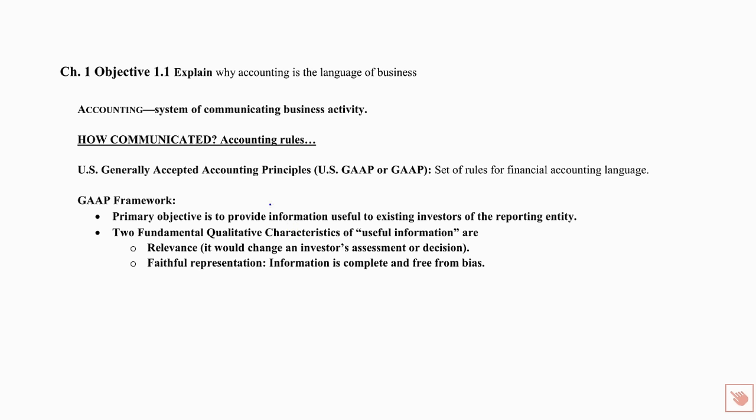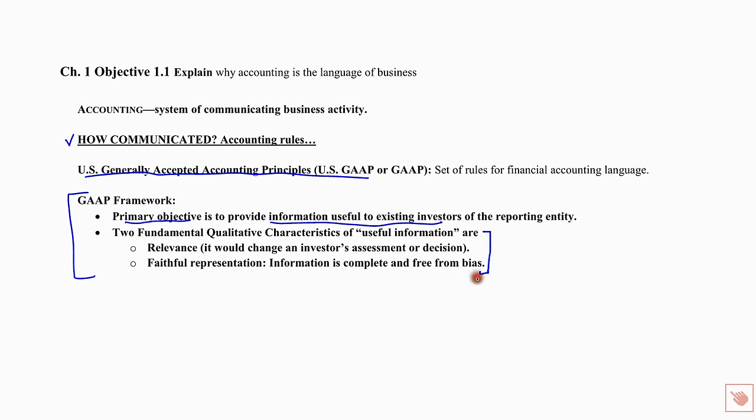All right, so how is it communicated? The how is really where you're going to spend most of your time this semester. So something happens in the world and then we apply US GAAP and translate that into numbers in our accounting system. Okay? So this GAAP framework is a foundation of how to look at things, and it has a primary objective to provide information useful to existing investors,